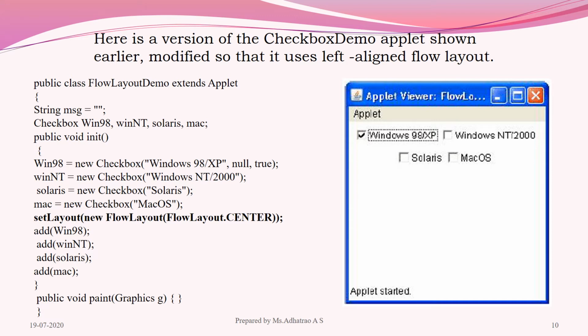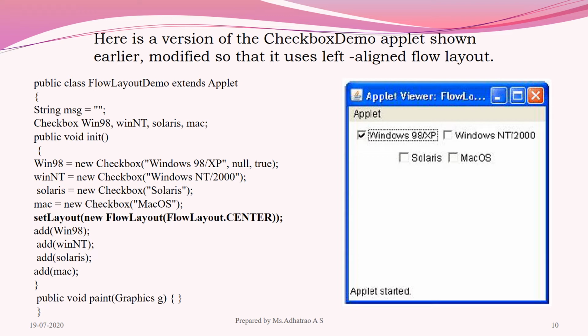So setLayout(new FlowLayout(...)), where I am going to use another constructor for alignment of my component, that is FlowLayout.CENTER. So this is one method of how to use the layout manager classes.